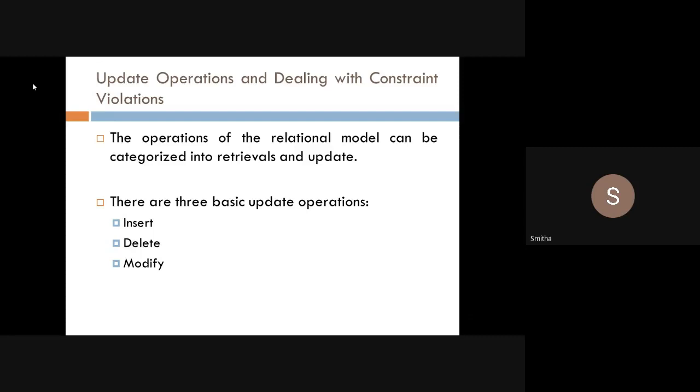See, students, what does updating mean? If I have 10 tuples in a particular table and I want to insert one more student's information, then I'm inserting that. It is also an update. If any student leaves the college, then I will delete his information, right? So that is also an update. I have deleted, so it is up to date now. So modify means, suppose, as I told regarding academics, I have one table.